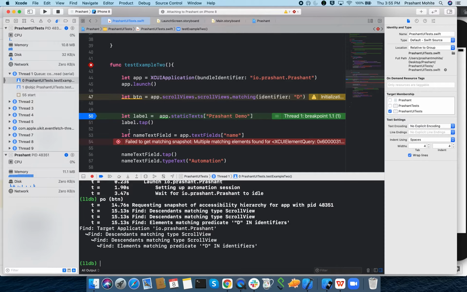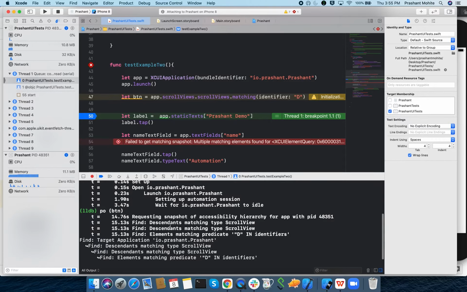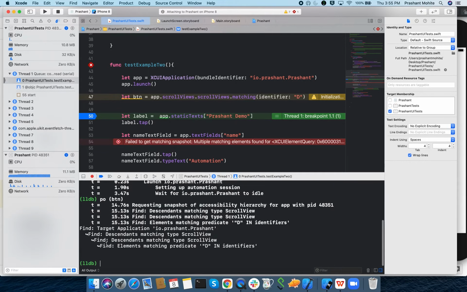If I say tab here, it will fail because it is finding the scroll view, and inside that there is another scroll view, and it is looking for the element matching predicate D, which is our identifier. It is trying to find this, but there is no element. That's why.